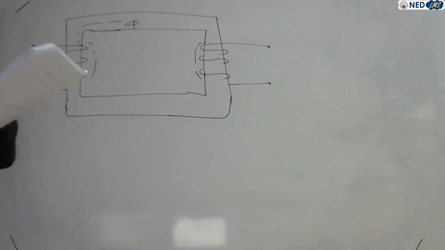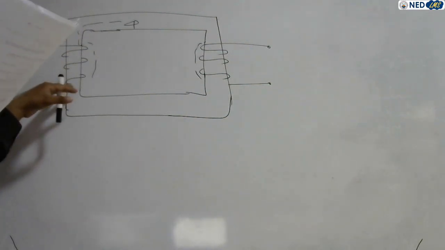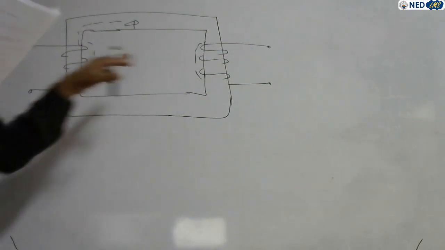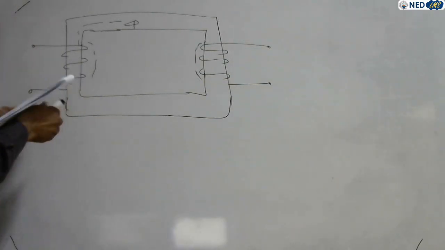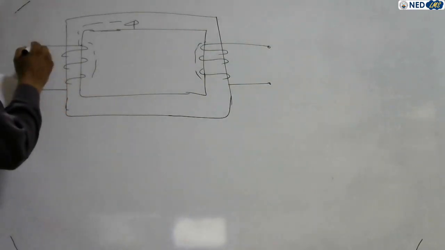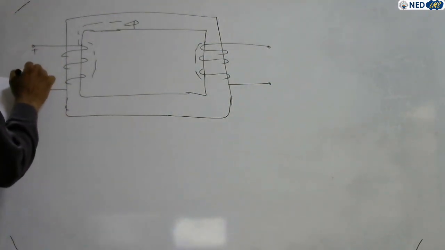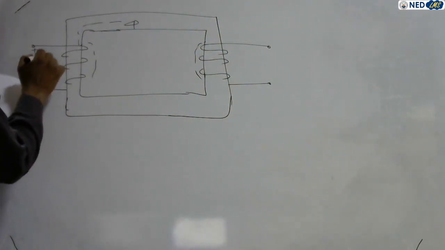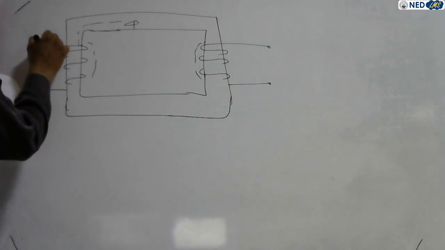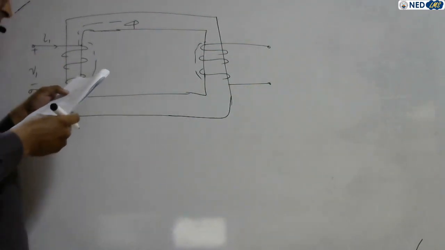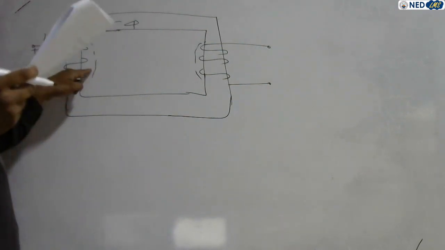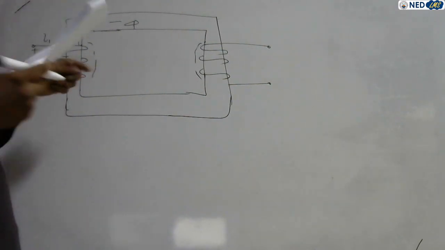Consider the example of a transformer. In a transformer, we have two sides: the primary side and the secondary side. Voltage supply is given to the primary side. Let's suppose the supply is given to the primary side with polarities plus and minus of V1, and the current that flows in the primary side is I1, due to supply voltage V1, and the flux set up in the primary is phi 11,